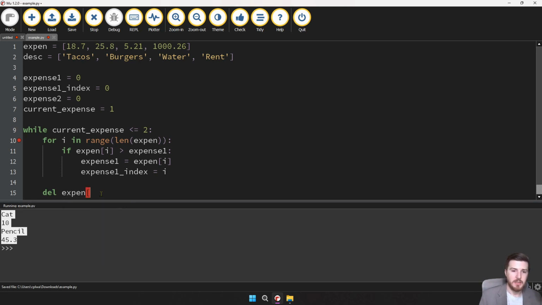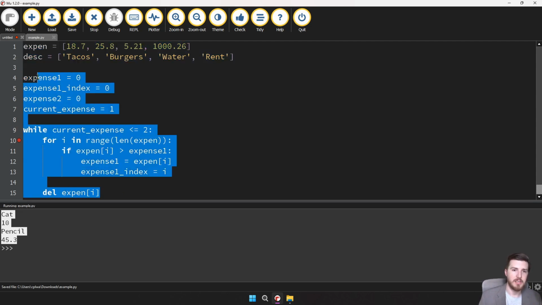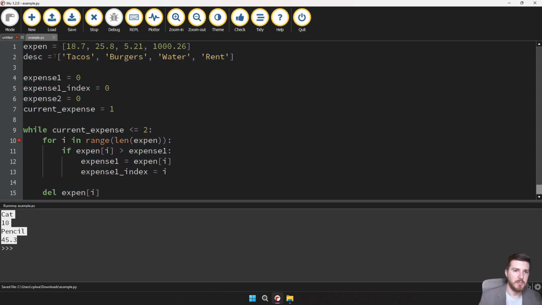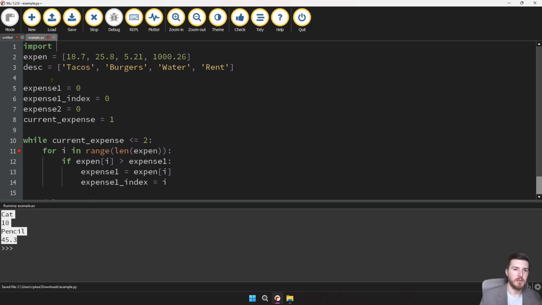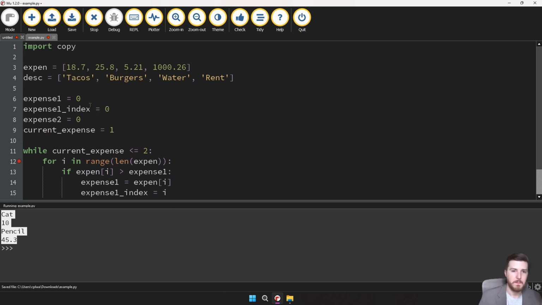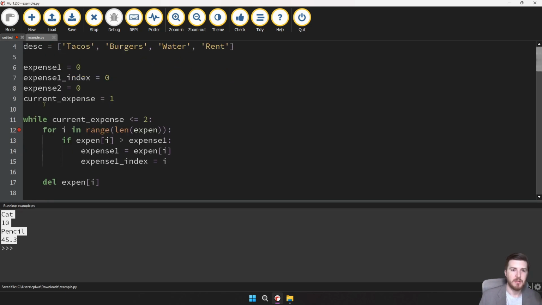We'll say expend at I. Right? We want to get rid of it. But wait a minute, we don't want to modify that. That's not going to be great, because then we are actually messing up our expense list, right? So what we actually want to do is make a copy. So if you import the module called copy, then down here,